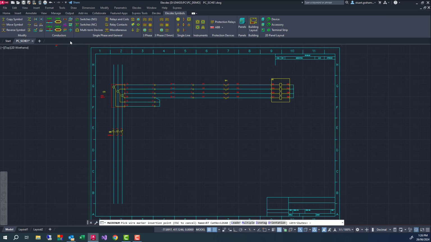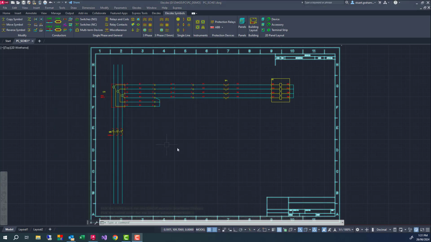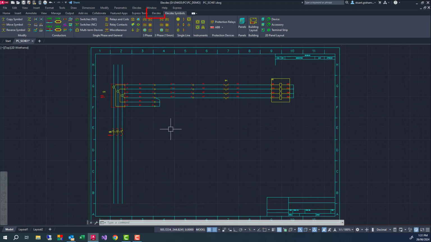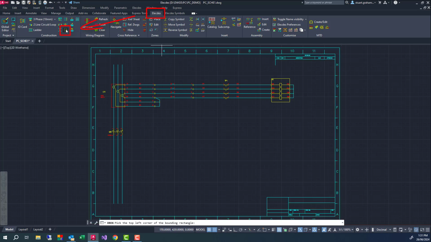Another method to insert multiple wires in a single operation is by sketching a line across the conductors I wish to name. Then I set the name and spec, and finally I press OK to all. Electez provides a simple dashed box macro for indicating that your components are contained in an enclosure, like the junction box.